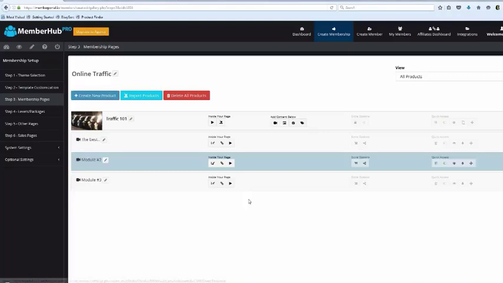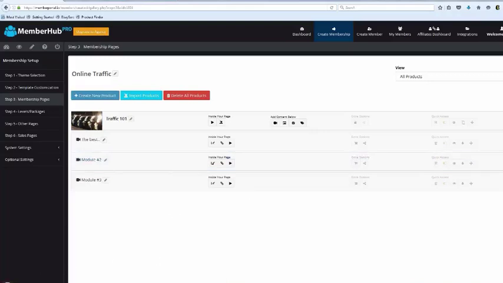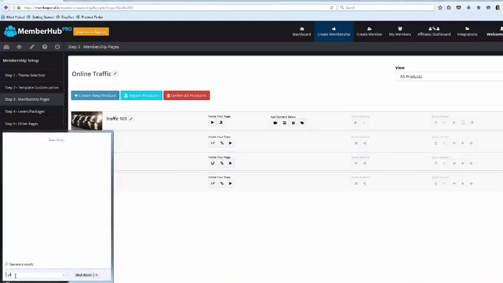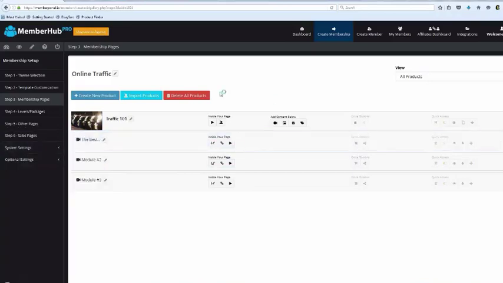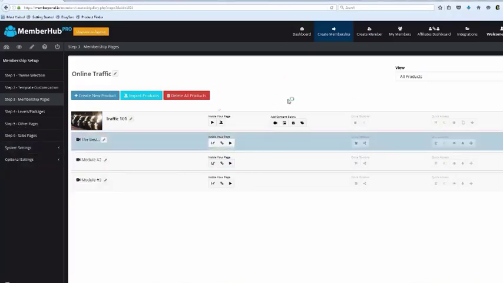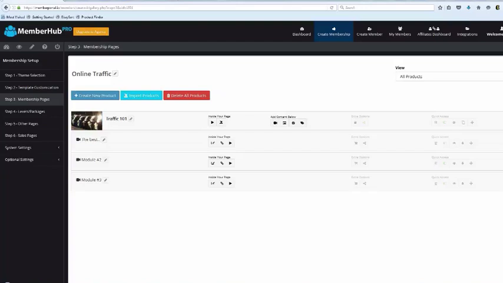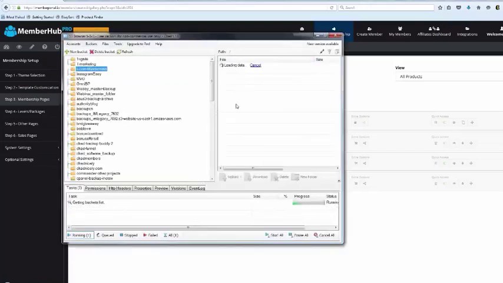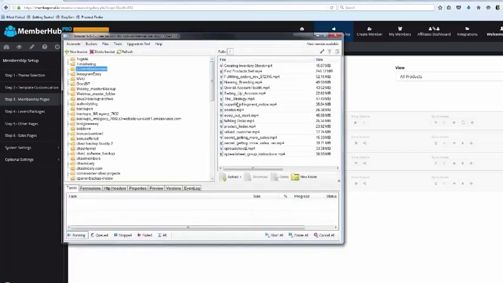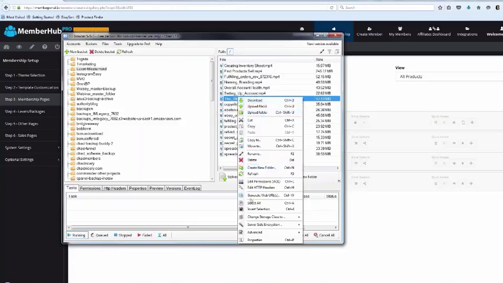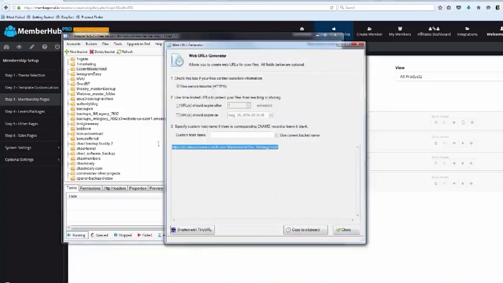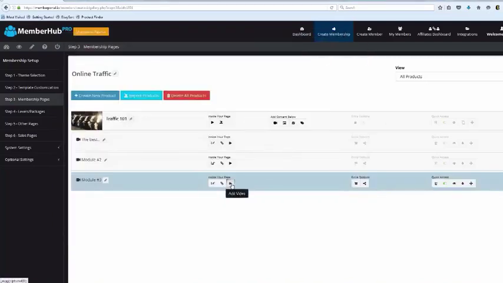Okay, but just to demonstrate how S3 works, I also have this tool that I love. You guys might make note of this. It's called S3 Browser. With S3 Browser, I'm going to open it up. I'm automatically logged in. Here's all of my videos, all of my buckets. And remember, I get like 3 gigabytes for free, so it's definitely the way you want to go. I'll come over here and say generate web URL. It's going to give me an MP4 link. And I'm just going to come back in here.